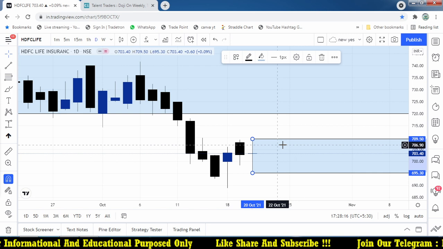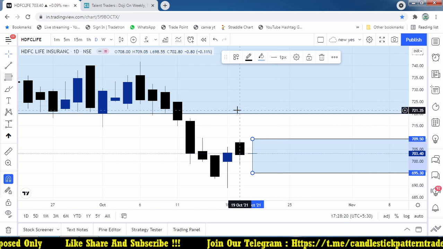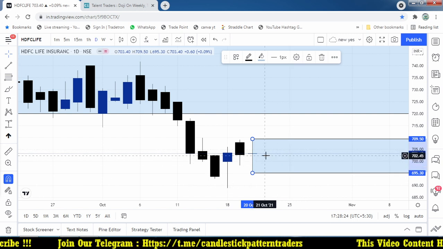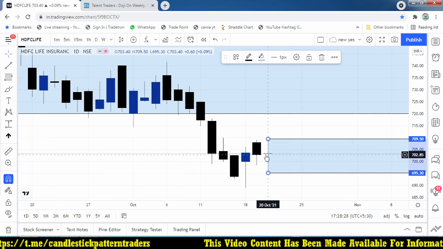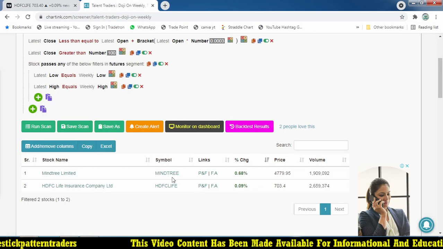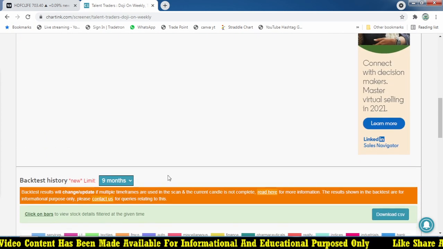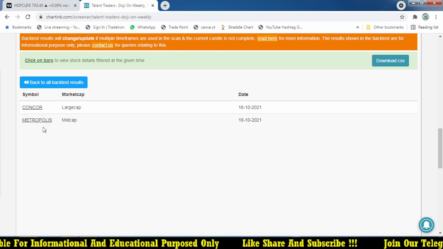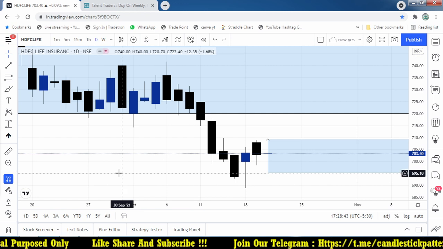If you are not ready to take that much risk, if I am going to take only 1500 risk, I am going to take just 100 shares. So you can decide your risk and reward, what you are going to take. That depends on you only. But on Monday, if any stock forms a DOJI, for that stock we can focus on the next week. That happened in Concor and Metropolis. That was yesterday, right? If you see that stock,